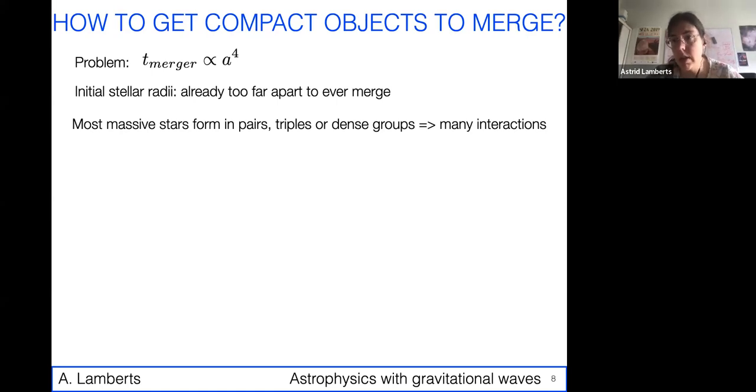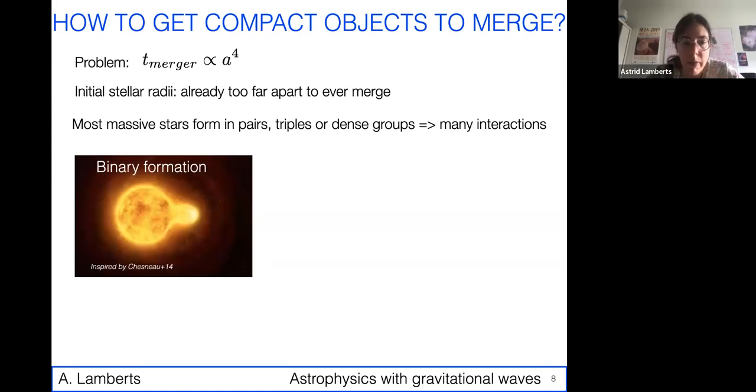And so there will be many interactions that will actually lead the compact objects that they form to be close enough. So this is an artist's impression of 2 massive stars that are interacting and they're sharing an envelope, which is why it looks like a peanut. This is an artist's view, but it's based on observations with high angular resolution that actually show that these types of stars exist. So many stars are in binaries, so we can expect all these interactions to lead to mergers.